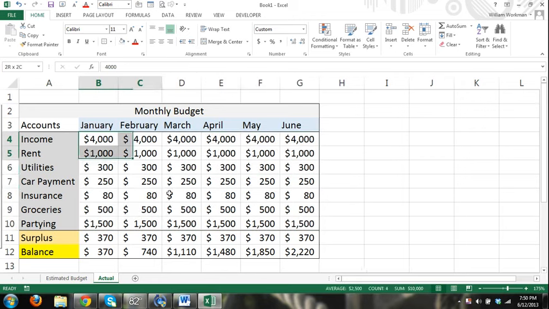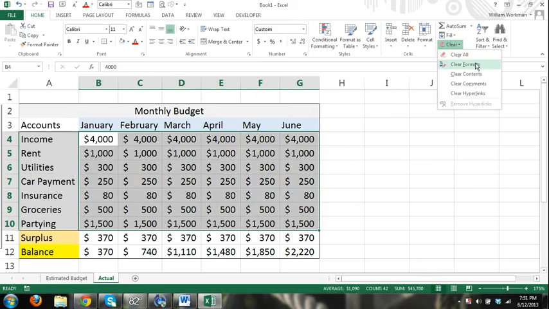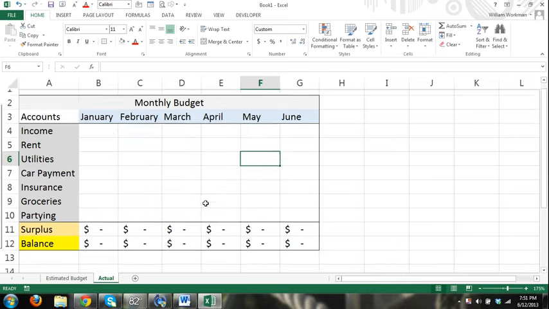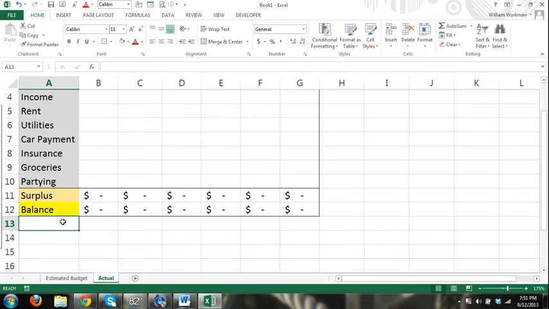Let me select all the content that was hard-coded in, all of the numerical values that represent income and expenses. I'm selecting only those cells. And let's clear that content, because this is going to be the actual. So, clear content. Okay, now I'm going to enter a new category called Spread, and that's going to tell us each month how much better or how much worse we did compared to our